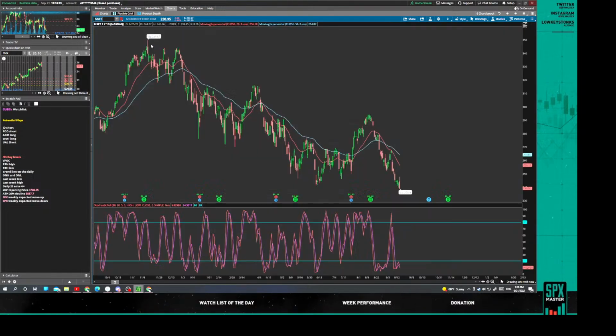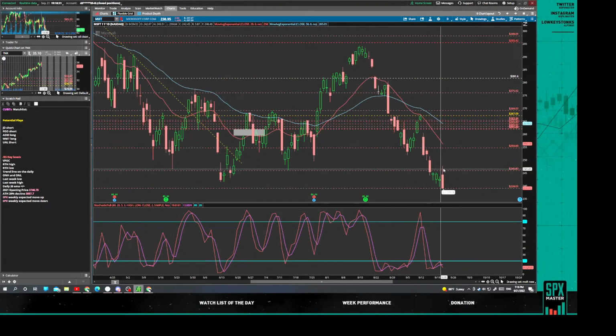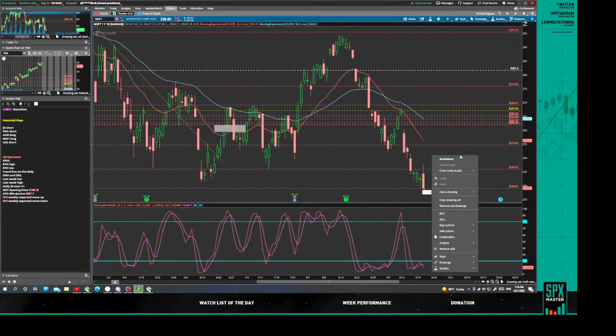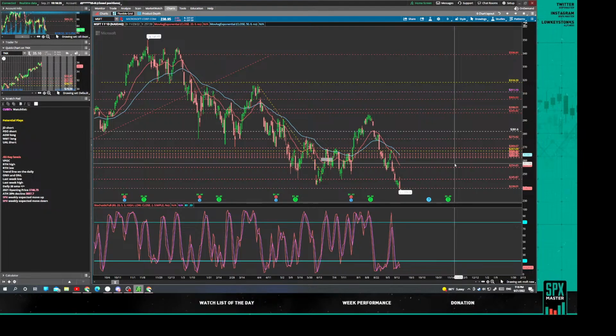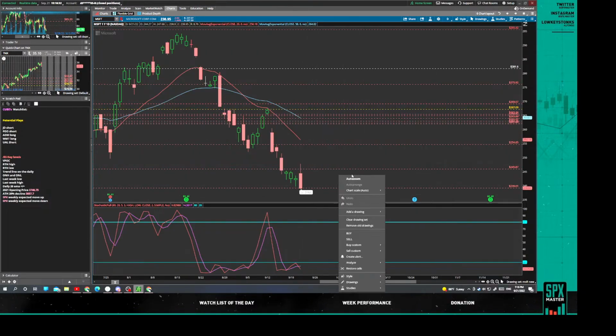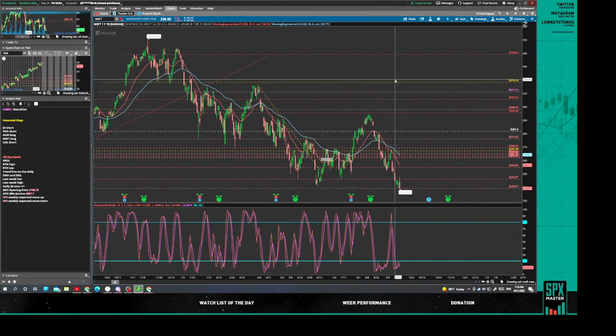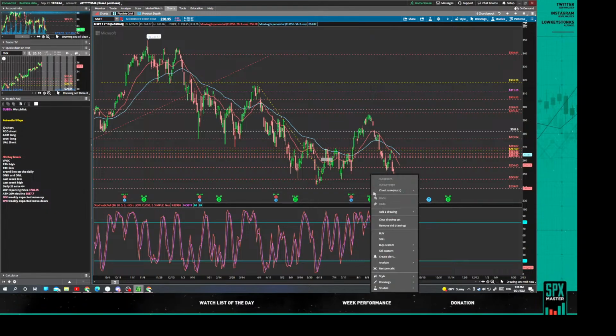Let's look at Microsoft real quick. Microsoft made a new 52-week low today. That's extremely bearish. This is going to be one of the main watches for tomorrow. Probably a lot of people are ignoring the fact that throughout the year, this may have just made a new low. Doesn't matter what the Qs are right now. If you notice, the Qs are way higher than this. Where is Microsoft right now?